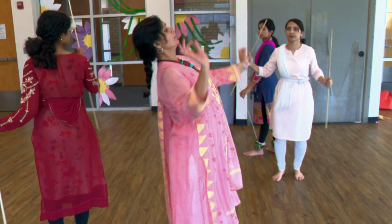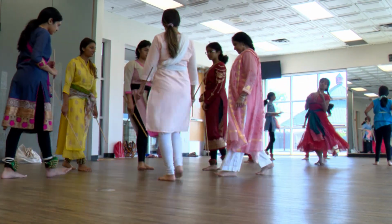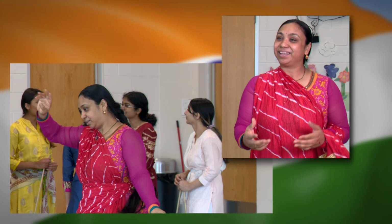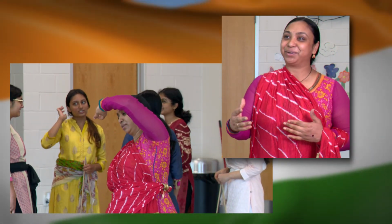Every state in India has its own dances. As the students learn the moves, these classes also include discussion of what makes each region of the country unique. In this way, we can connect to each of the part of India, and I feel that especially the part I come from, I never got a chance to do it. So this way, here learning this all the way away from home, I feel that I'm more connected to my